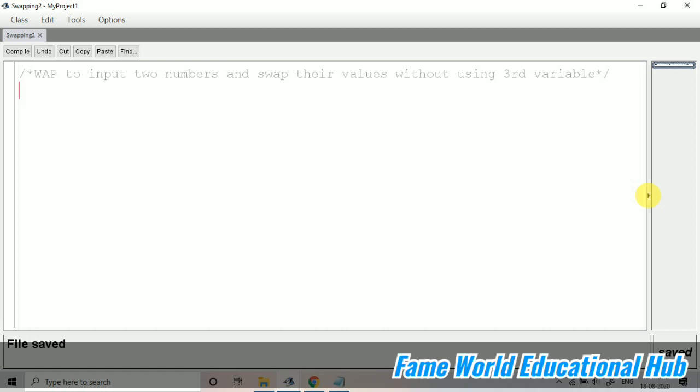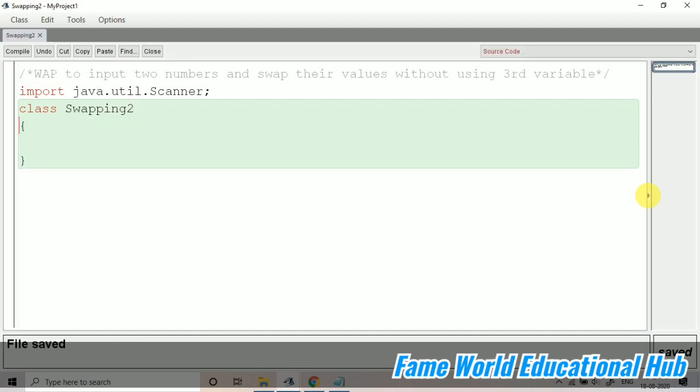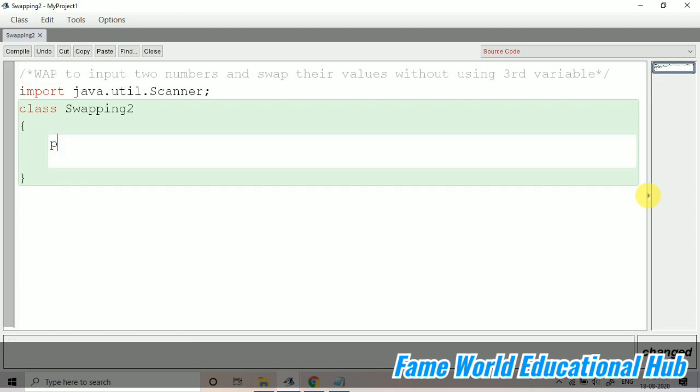Okay. So first of all, as we have to input two numbers, I'm going to import the Scanner class: import java.util.Scanner. Then I'm taking class Swapping2. The name of the class and the name of the file always remain the same. It's necessary. Then I'm taking public static void main. So this is the main function,